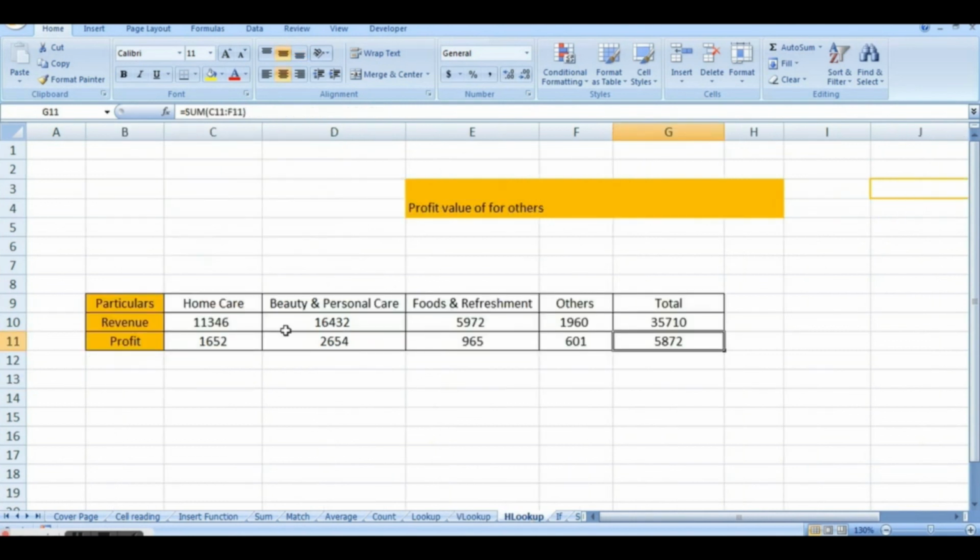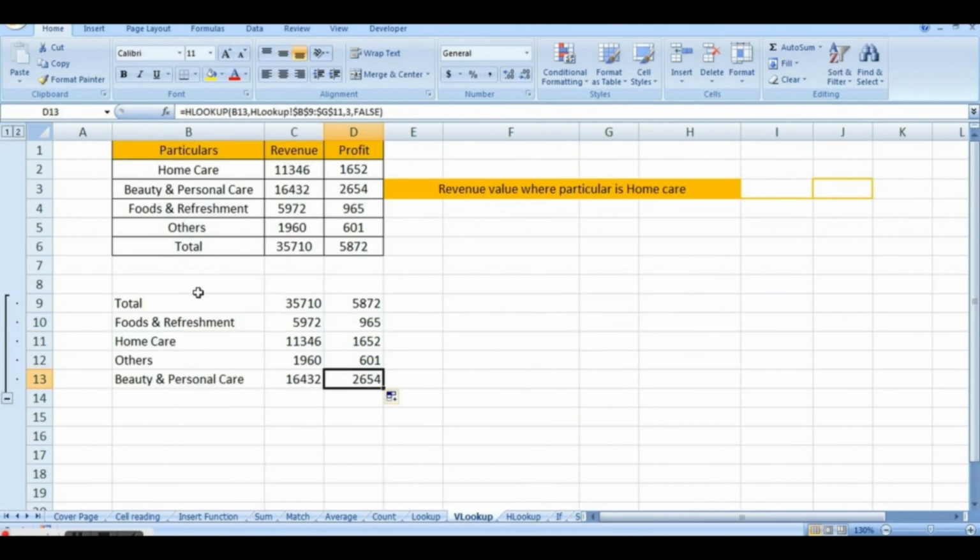Let us cross check it. Beauty and personal care, 2654, even when the sequence is completely changed. So this is how the LOOKUP, VLOOKUP and HLOOKUP functions turn out to be very useful when you are processing data or using data from various spreadsheets.